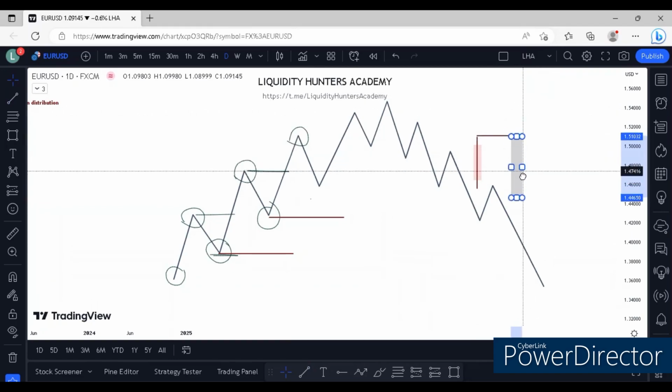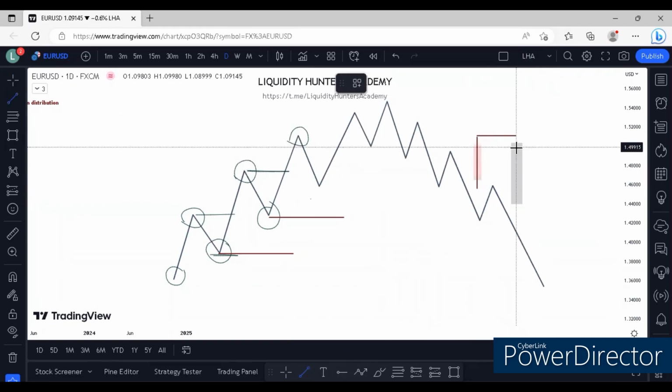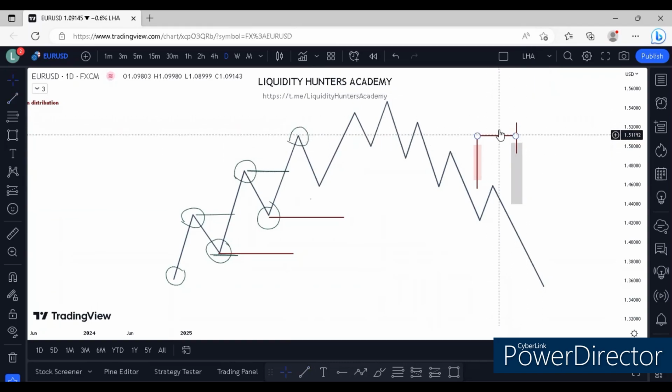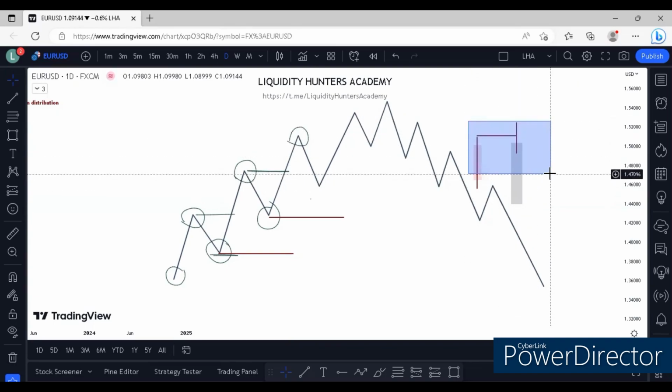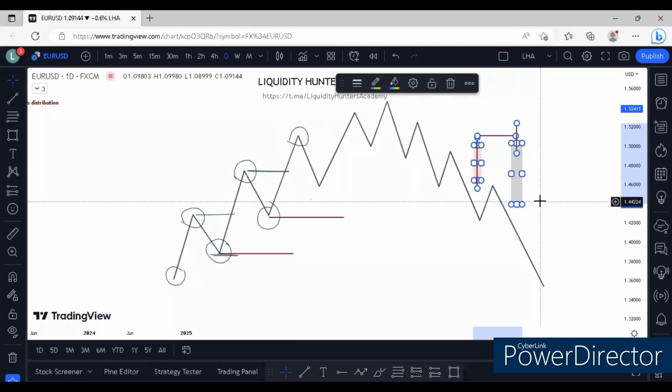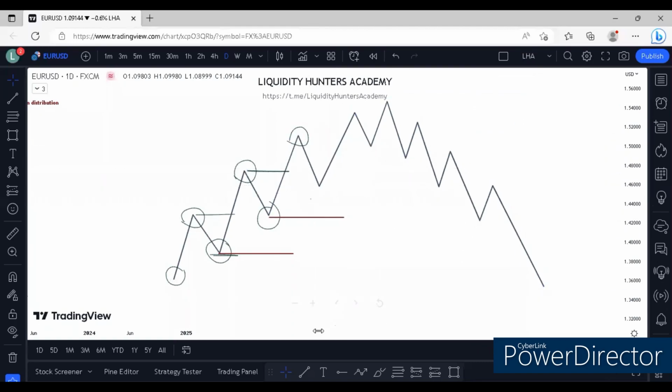While if it was a wick break, this is called a liquidity grab. It is when we grab liquidity and move to the other side. We will move to that at a later stage more deeply. But for now, let's stick to